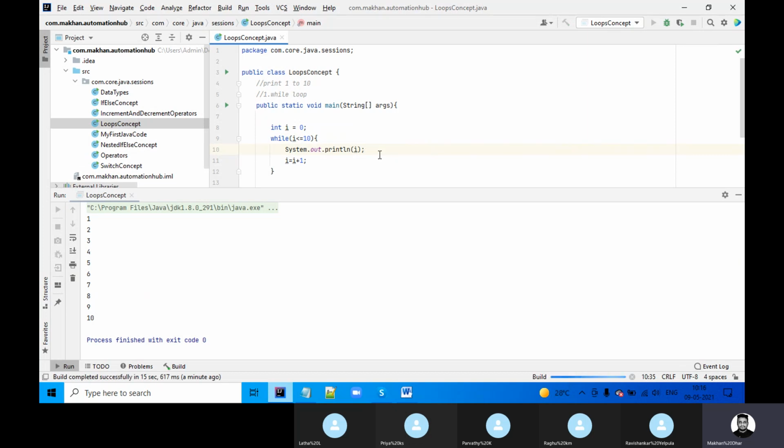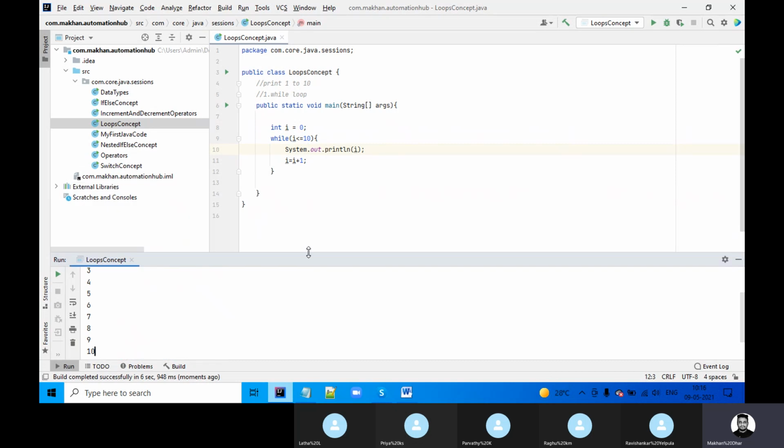Okay, let's try with 0. Now you can see it is starting to print from 0 to 10. So this is the concept. Whenever you want to print, suppose I want to print range from 0, and it will print till 100.